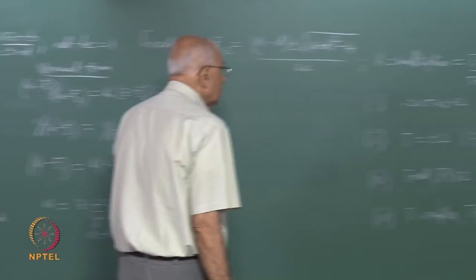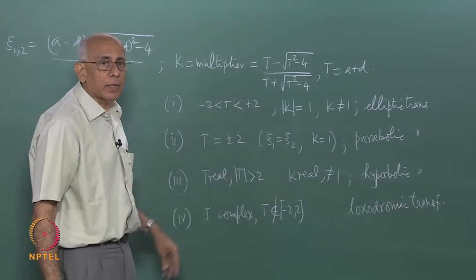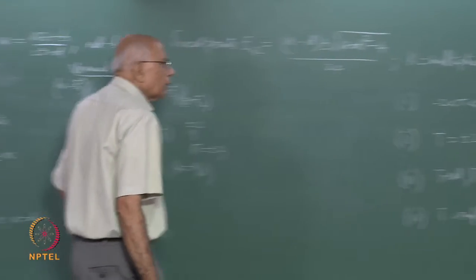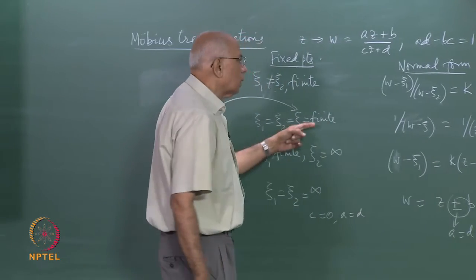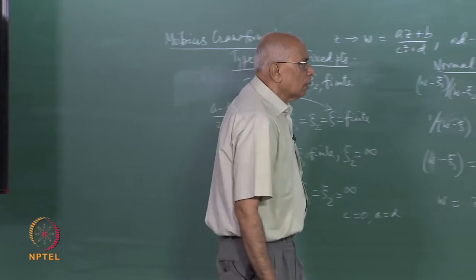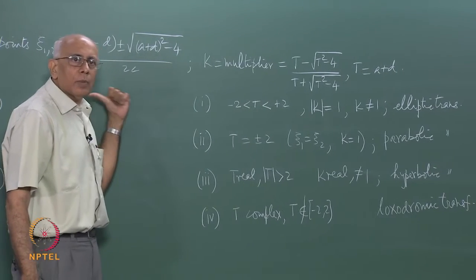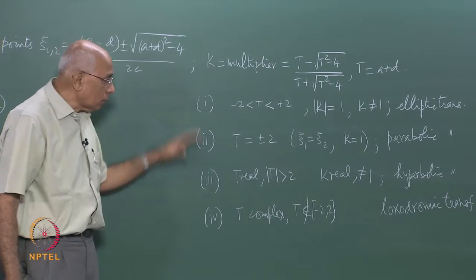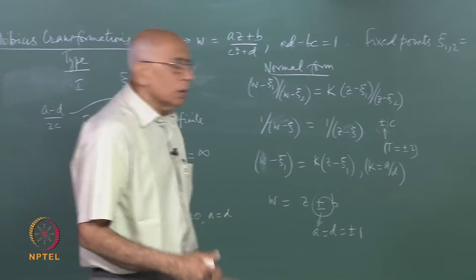Okay. So this is the starting point of the actual classification, independent of the fixed points. There are some cases where you can see k equal to 1, the two fixed points coincide and so on and so forth, but other than that, that is useful for the normal form, but this is useful for analyzing the flow, the actual flow in the complex plane. So I will not go further into this because there is a whole lot that you can do, except that